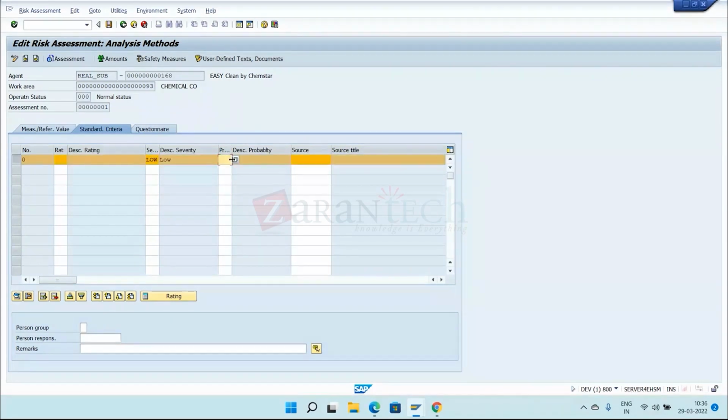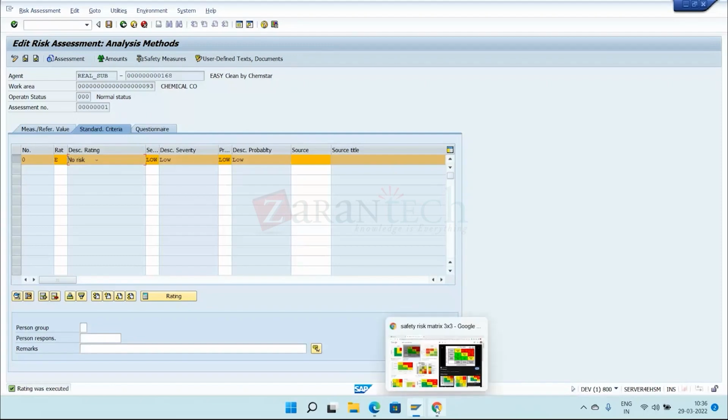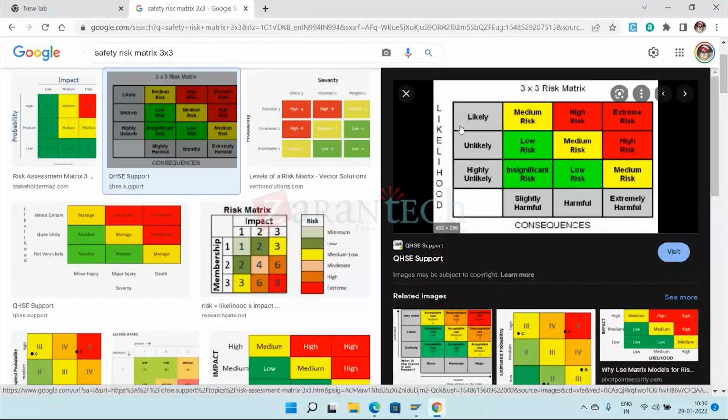Probability, low. Calculate main rating. Automatically no risk has come. The configuration is set up in such a way where low, low, less. So here if you see